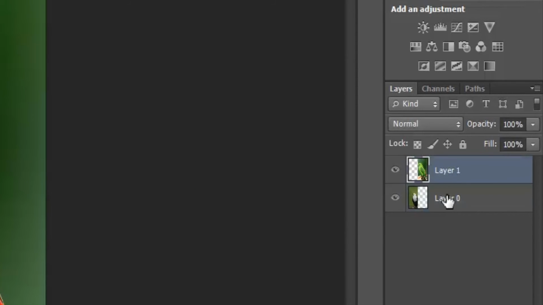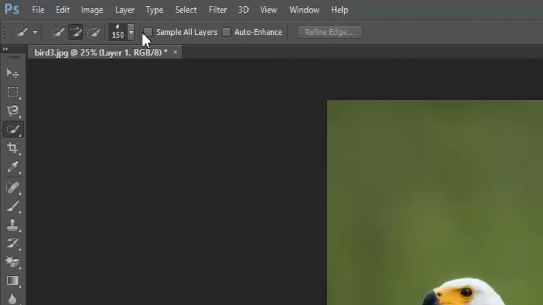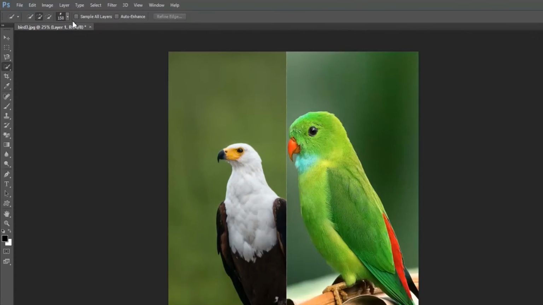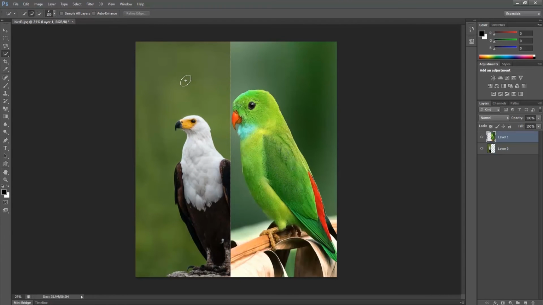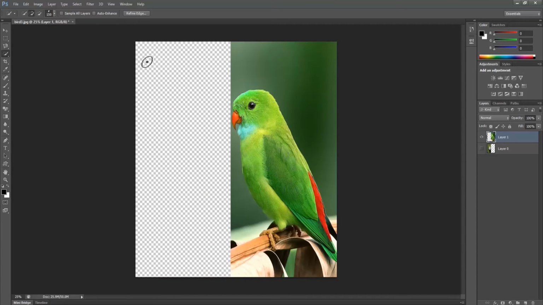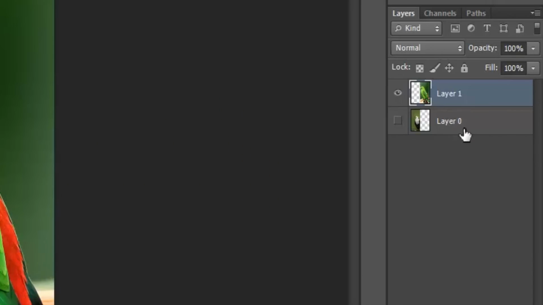Make sure one of the layers which you want to make a selection from is selected, and with the sample all layers option unchecked, if you try to make a selection in this empty area, once you release your mouse button, the selection vanishes because there is no content present in this particular area. And also, since sample all layers is unchecked, it doesn't take all the layers in the layers panel as a sample to make a selection.